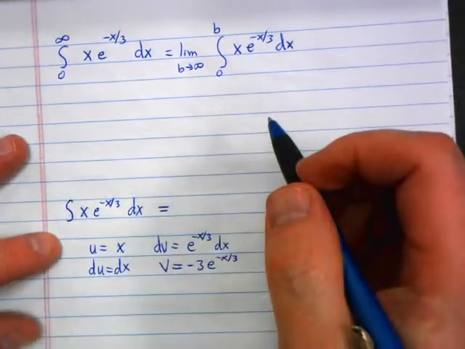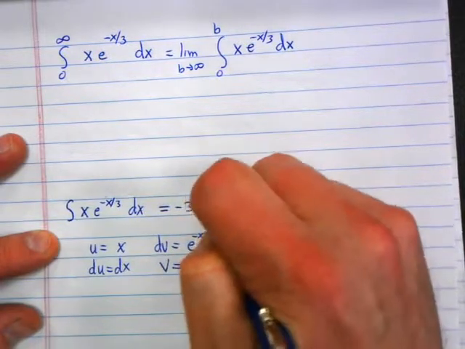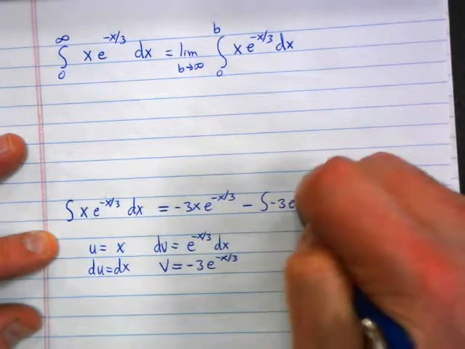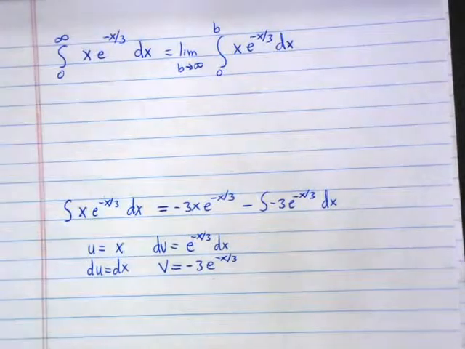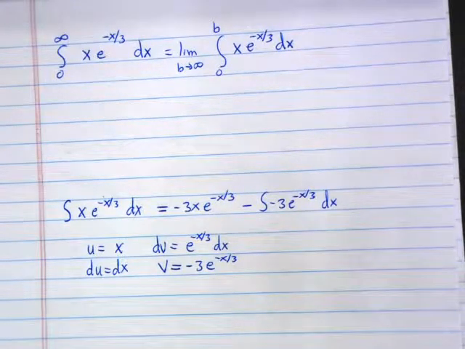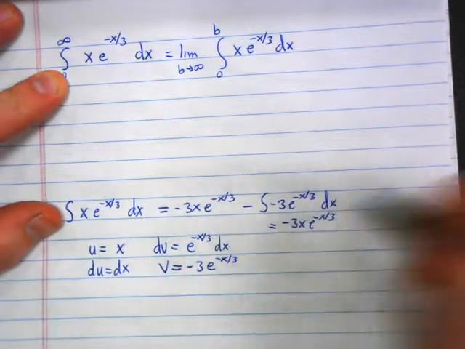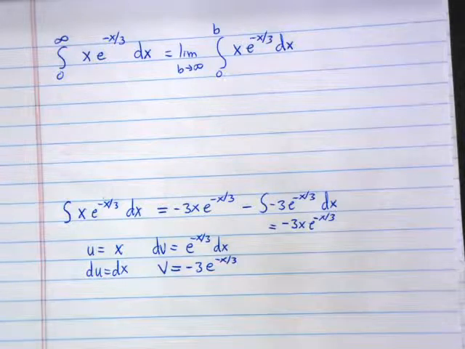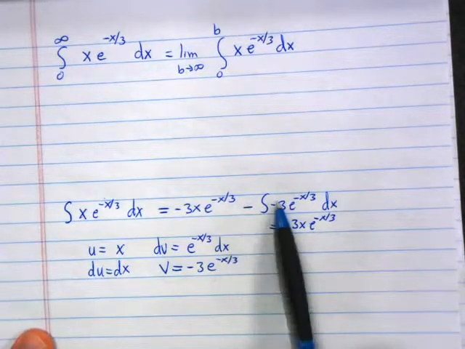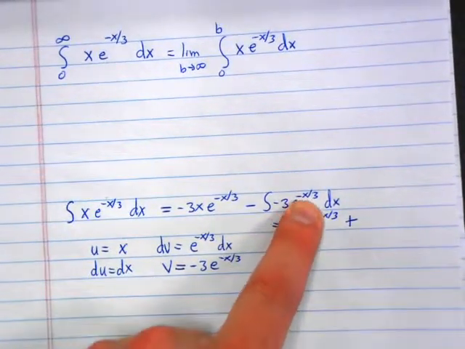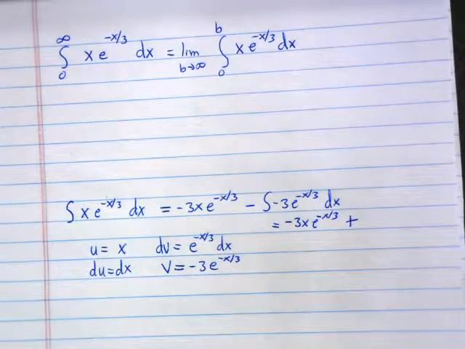Okay, that's u times v. That's going to be negative 3x e to the negative x over 3, minus the integral of v, negative 3e to the negative x over 3, du, which is dx. That's negative 3x e to the negative x over 3. Minus and a minus is a plus. But then what happens when I integrate 3e to the negative x over 3? I get e to the negative x over 3